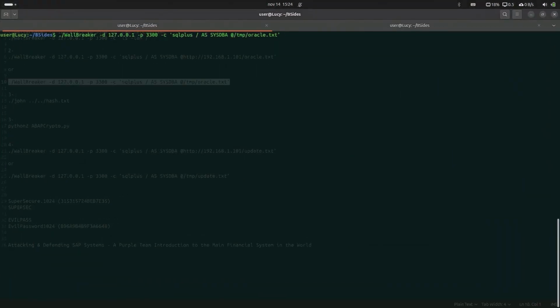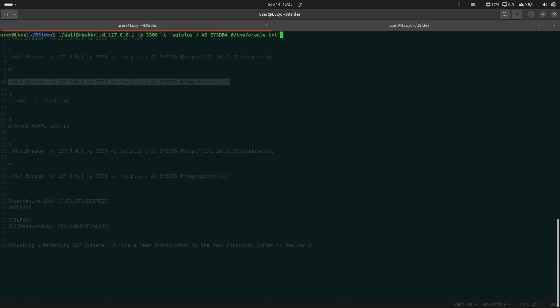Pretty much we're doing the same that we did last time. We target the host, we target the gateway on the given port, and look at this. We invoke the SQL Plus binary, not one that you have here in your local machine, but the one that is on the SAP system. And we say, hey, I want to elevate our privileges. We want to use this trust relationship. So whatever we're going to execute, please do us a favor and execute it as sysdba. And then you pass the query. The query you previously created. You do an echo, select all from the table you leave on the SAP system, and then you execute it.